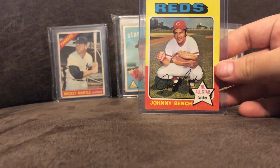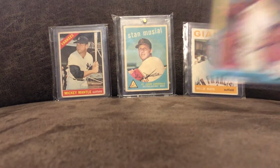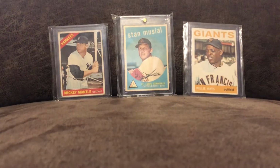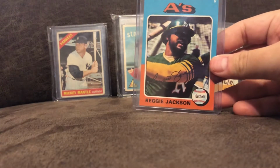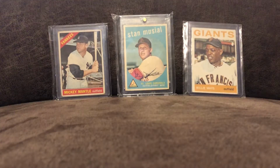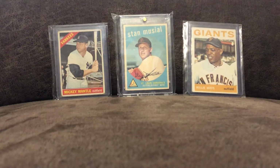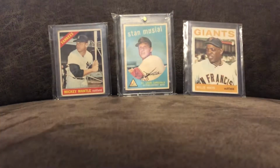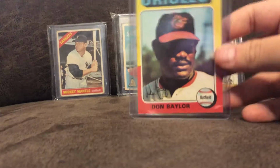Johnny Bench, Sandy Alomar, Carl Yastrzemski, Bucky Dent Gold Cup, Reggie Jackson, Pete Rose, Tony Oliva, manager of the Indians team, Frank Robinson, Jim Palmer, Walter Alston manager card for the Dodgers, Tom Seaver, Don Baylor,